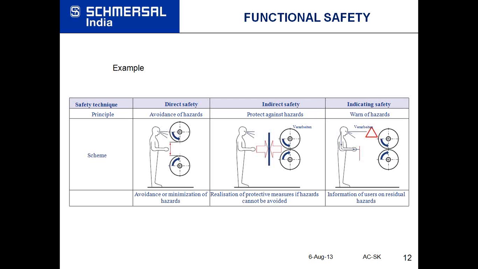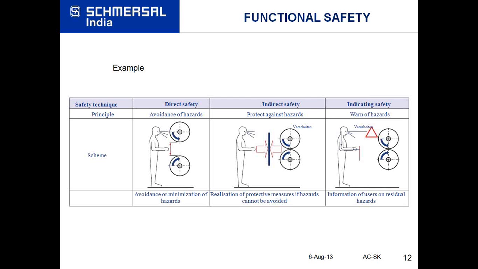Okay, so in the first photograph, you can see there is no danger, there is no risk at all to the operator. But if we are not able to implement this kind of a design in a system, then we can put a barrier so that the operator cannot put his hand at all between these two rollers. And for the residual risks, even if putting a barrier is not possible, then we can put some kind of a sticker or some kind of a warning sign.